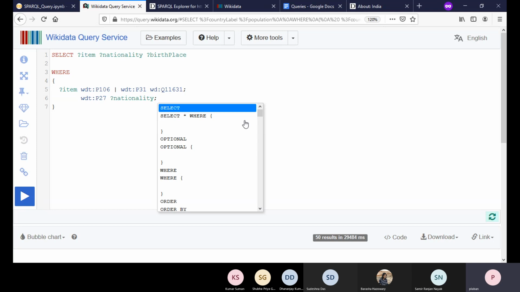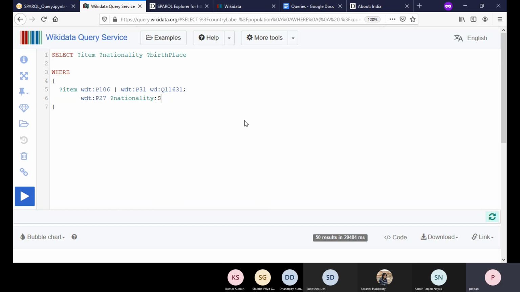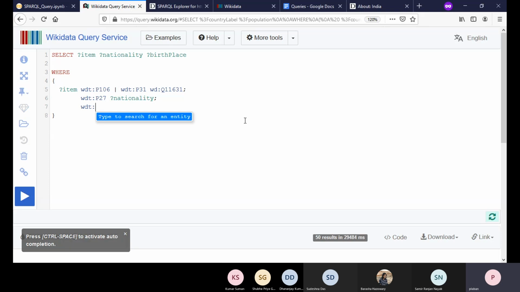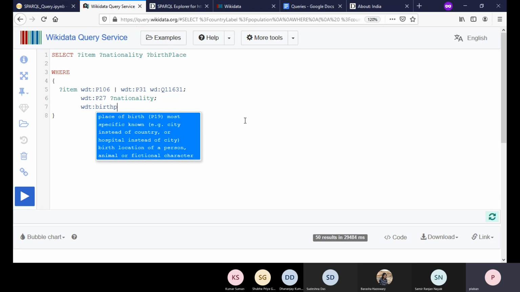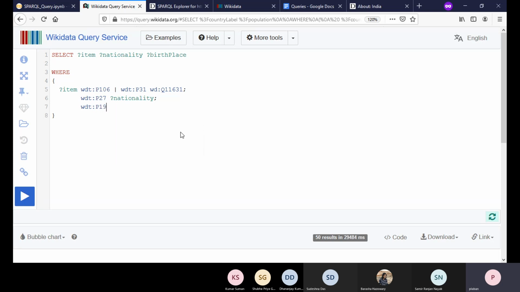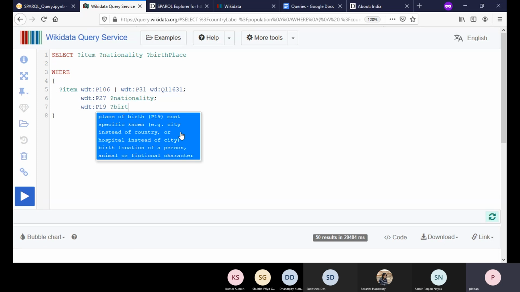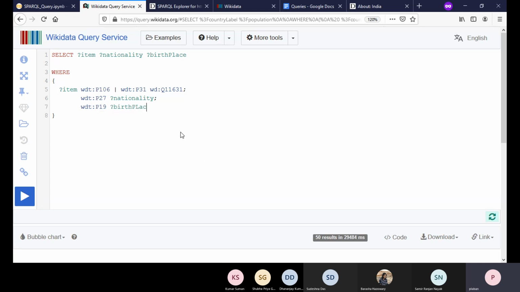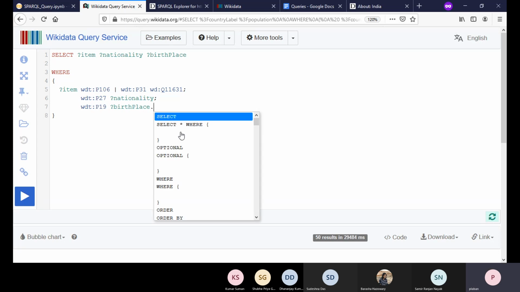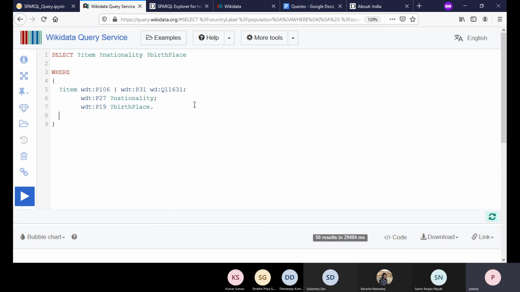And then we want to get the birthplace, WDT. Let us see whether we have something like this: birthplace, yeah, place of birth. And then we just say birthplace. So we are done with our queries, but for all of them we need the labels.